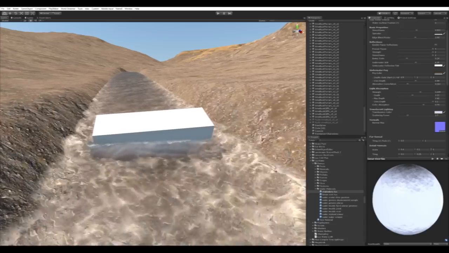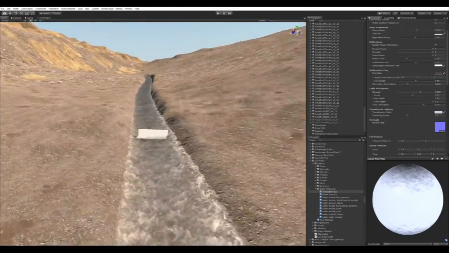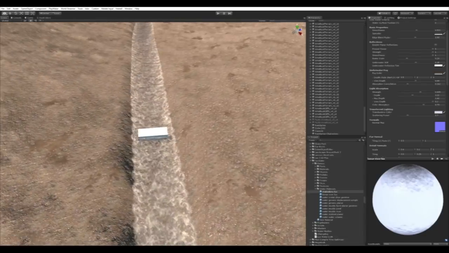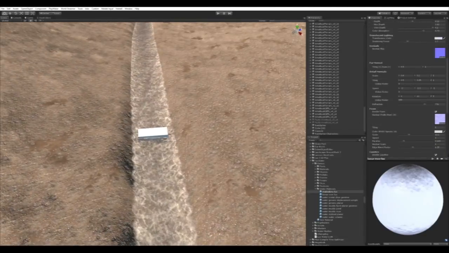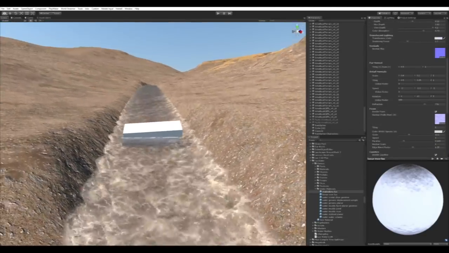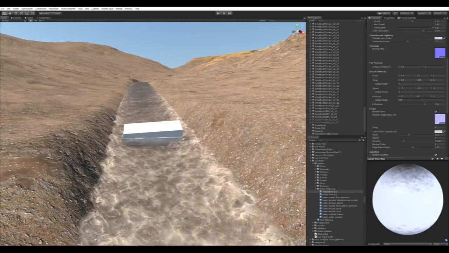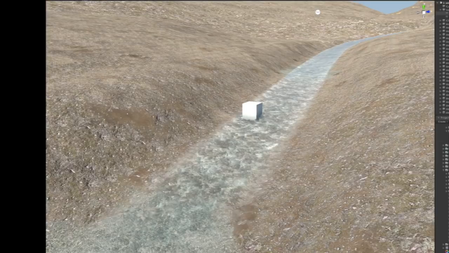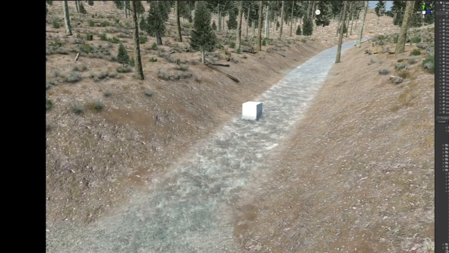Not so much, right? I mean, we have the basics here. But obviously there's no vegetation here for one thing, which makes it look not so great. But there's a lot more to a river than just the riverbed trench and the water effect going down it. All right, so let's turn on the vegetation that we have already set up. Here it comes, and so you can see the trees, the sagebrush, the grasses and stuff, but they're all cleared out along the creek because the tool we're using does that, because you don't want grass growing in the bottom